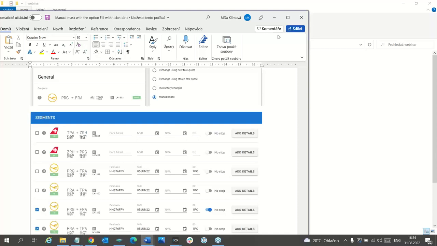But when you enter only one ticket, you will go through the whole procedure, and then that's it, and you have to enter the second ticket and again go through the whole procedure. But when you enter all tickets immediately at the beginning, then the copy function will be available. Okay, clear. Thank you.